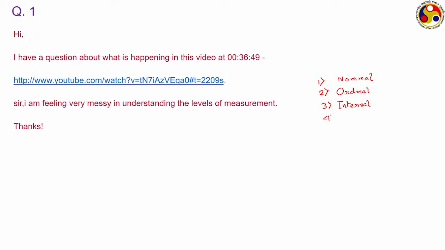And the fourth one is the ratio, where we have an absolute zero. We need the definition of absolute zero, and there, instead of talking about the length of any interval or any relative position like in the ordinal scale, we talk about the magnitude with respect to a certain reference, a certain standard. For example, how much is 1 meter? 1 meter is one standard length decided by the International Association. Now, if we say that the length of something is 5 meter, that means it is actually 5 times that standard reference. And whatever is the length or unit that we are using for that reference, accordingly we have to put some number for the sample that we are dealing with.